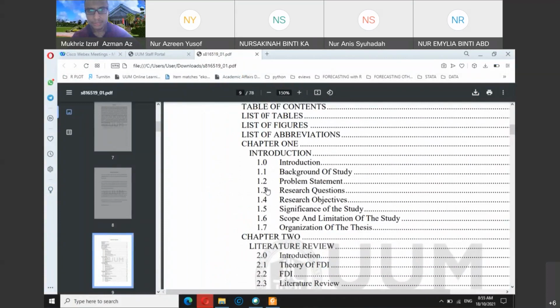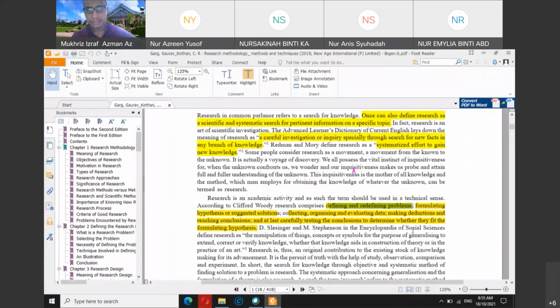What are the questions that you want to answer? Okay, so 1.3 and 1.4 are more or less the same. The question is in the form of a question mark, the objective is based on the question. Okay, so it must be consistent. So what you set out to test, what you want to study in your research, must be answered, and then you must provide the conclusion. Whether what you want to test, you have found some solutions to it